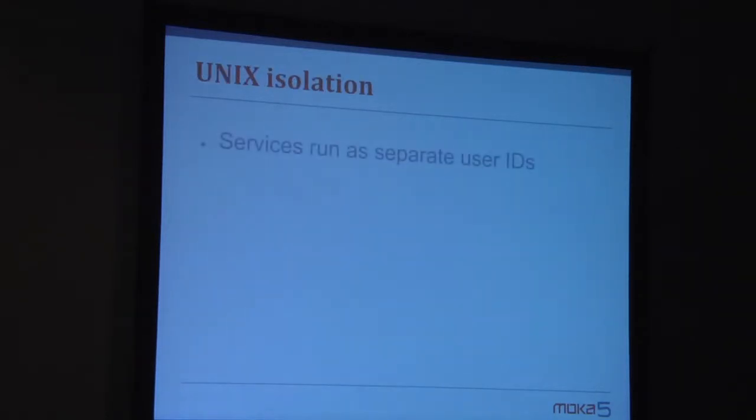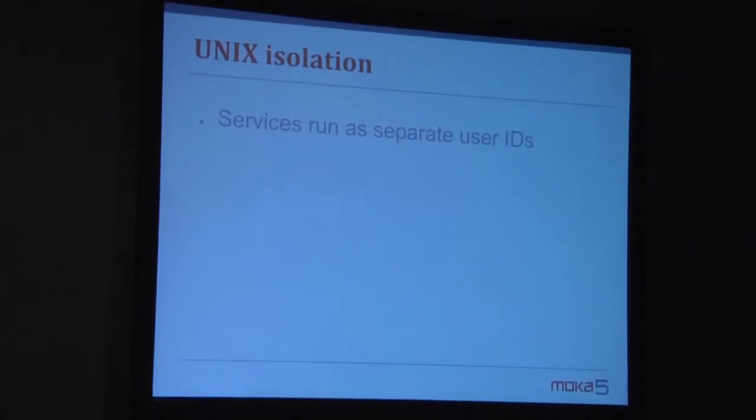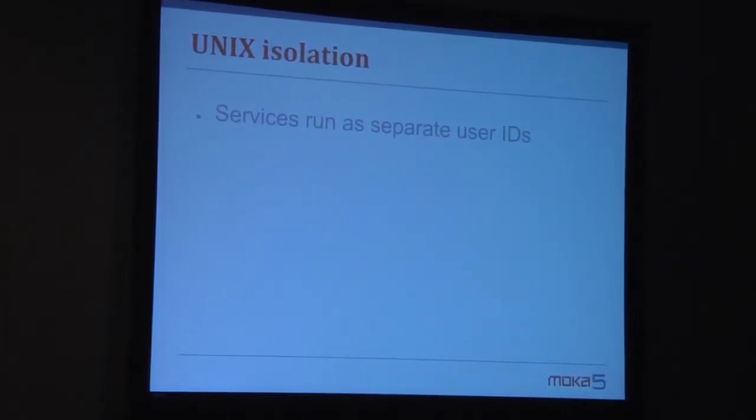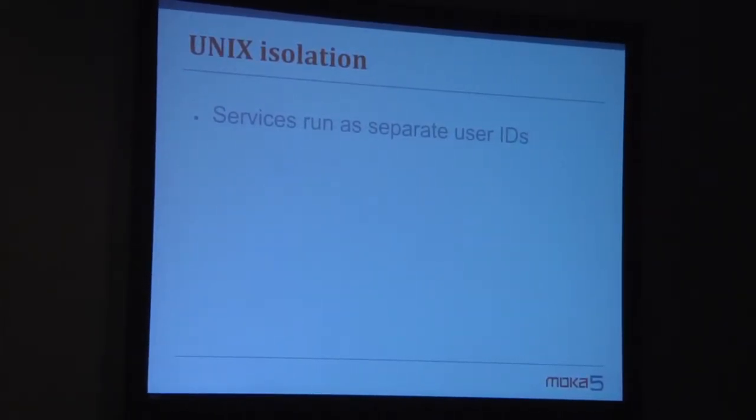One of those examples is on Unix. I guess we first want to talk a little bit about service isolation. Without even modifying the kernel, there are some things you can do. In NT you can do most of these things, but these are things that have been traditionally done on Unix. Every service runs as a separate user ID, so if I compromise my web server, it can't write to the files of my SQL server or my mail server, whatever it is.